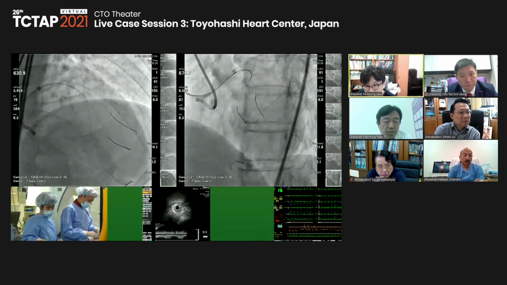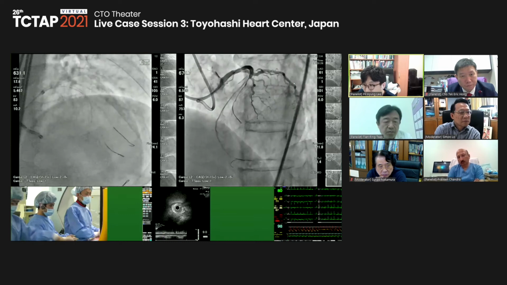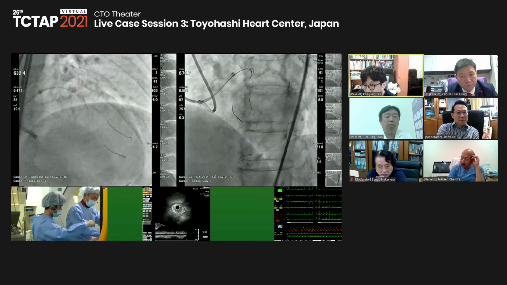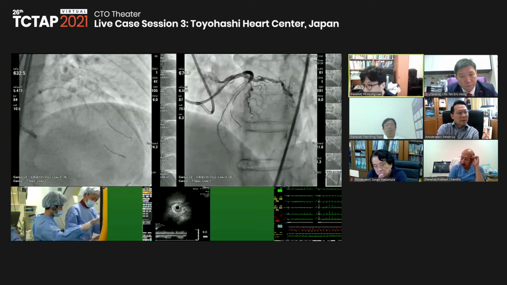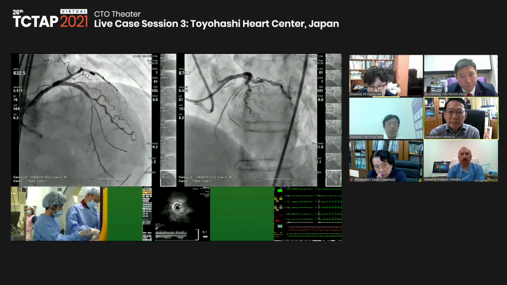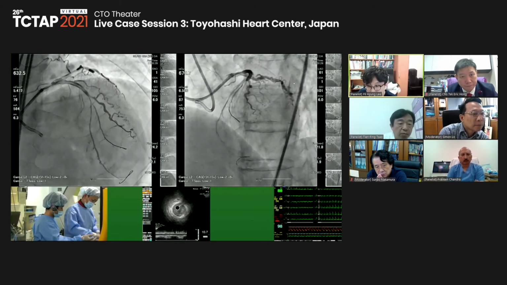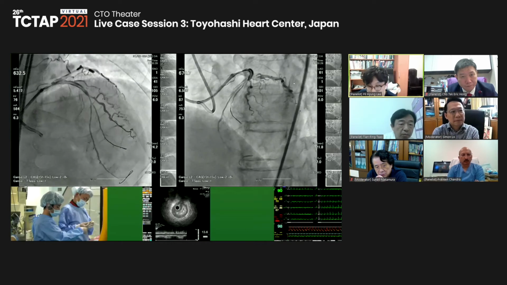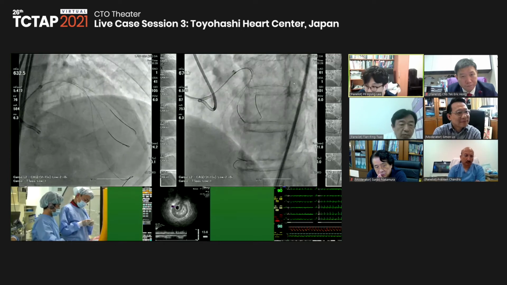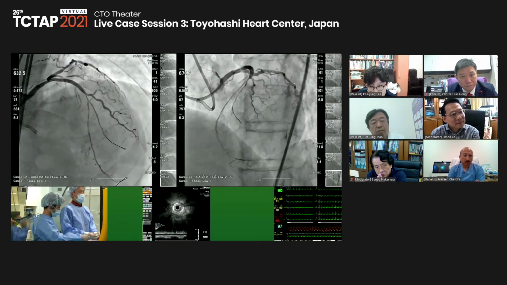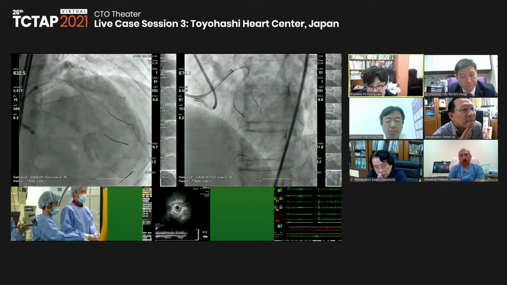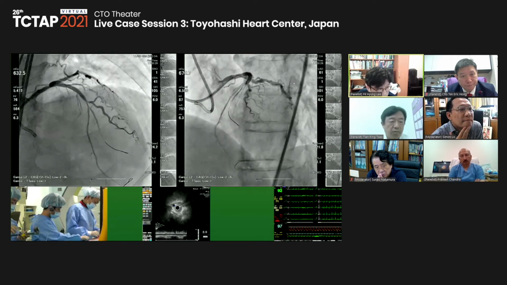I would like to land the stent at the negative remodeled vessel, but just overdilate about 15 or 20% very carefully. And after that, depending on the final result, I would like to have a second look a few months later to see the stent apposition or the distal vessel status.